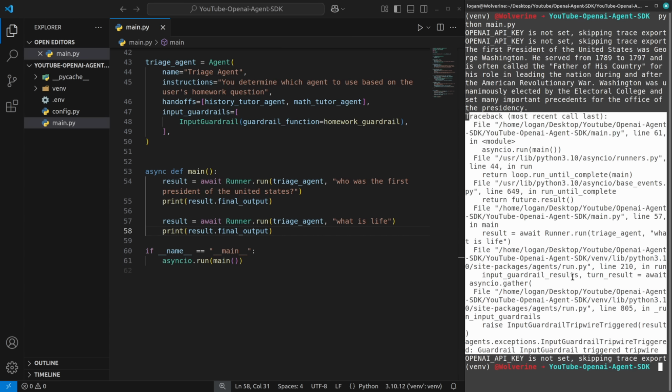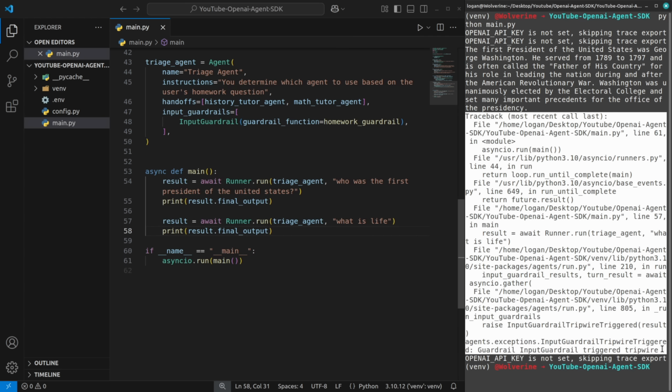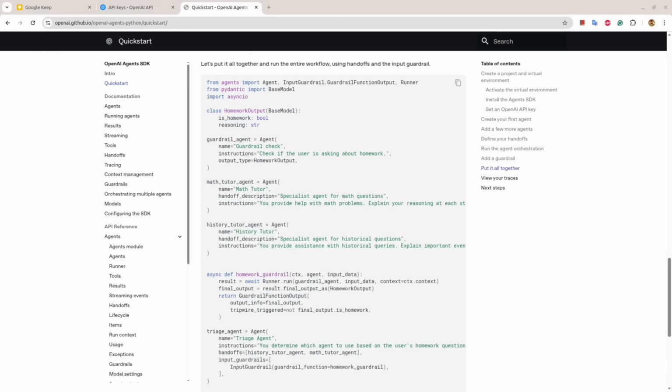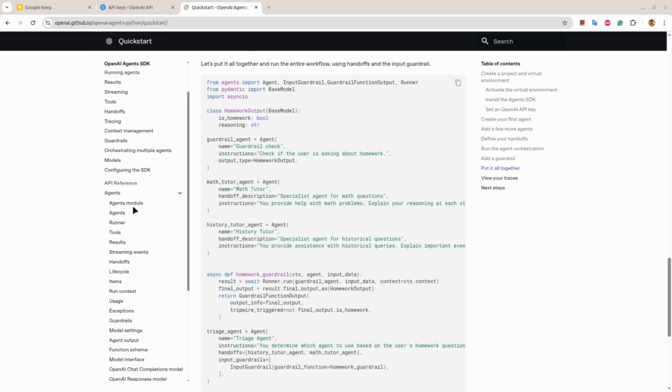It did not run the whole thing. But you can also modify this behavior. You can say that instead of doing that, say I cannot answer about life, I can only answer about math and history homework. So if you see here, there are lots of things. For example,